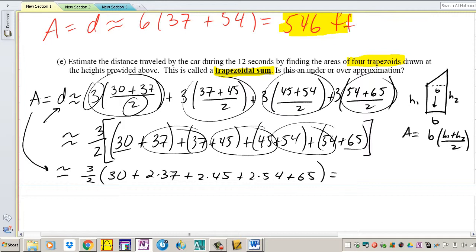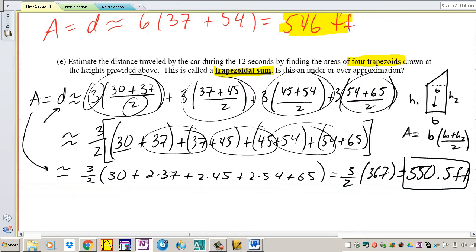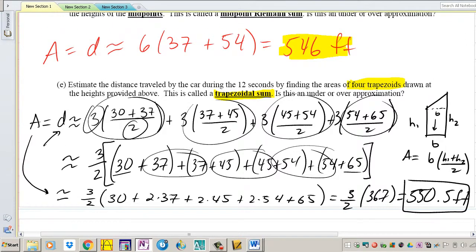And then 65. And then, okay, the parentheses I calculated to become 367. And then I have to multiply that by 3 and divide by 2. So times 3 divided by 2, and I get 550.5 feet. Now, I'm going to trust this answer more than all the other answers, because